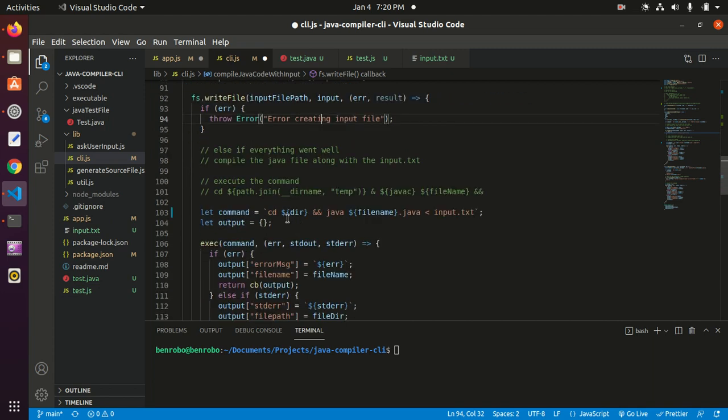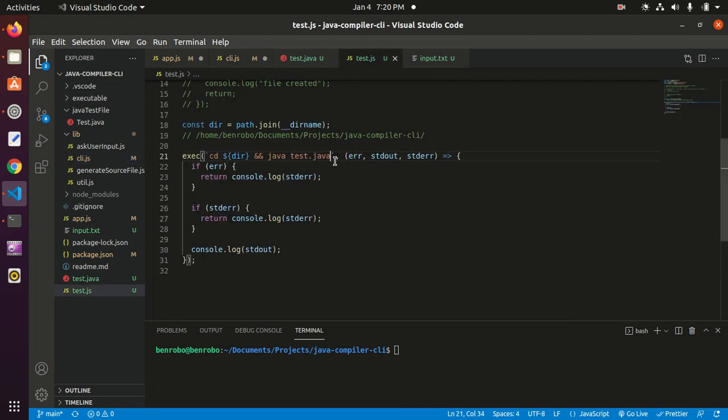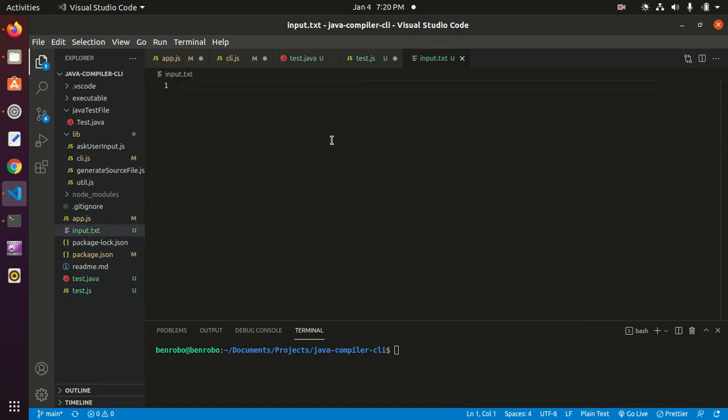Where is the command? We want to move into the directory, then compile the file name, and then pass in the input.txt file here. So the input.txt file is based on this. Let's pass in a default input. Say, my name is Benaya. Let's save this